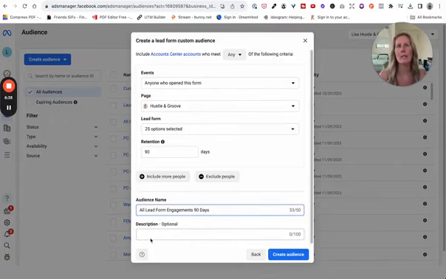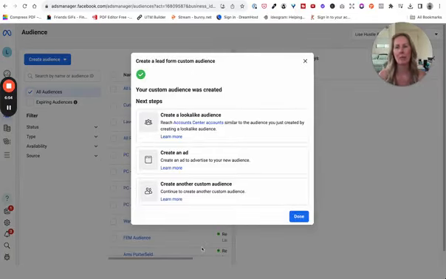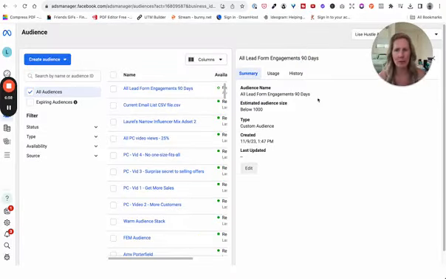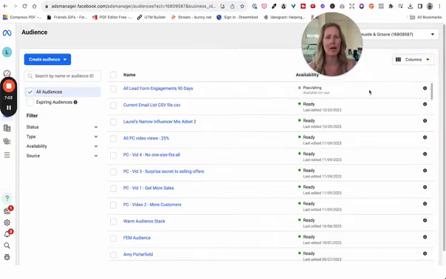If I was thinking about retargeting people who had just looked at a specific form with a specific offer, then I would just choose that form, but I'm going to go with all of them and I'm just going to click create audience. And this is kind of like creating the custom audience for your website, right? All engagements. Now I've done all lead engagements. I'm just going to close this. Now you can see here it's populating. So you do need to wait for it to say ready